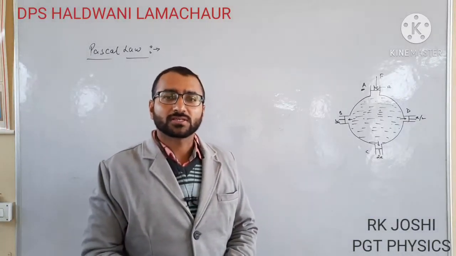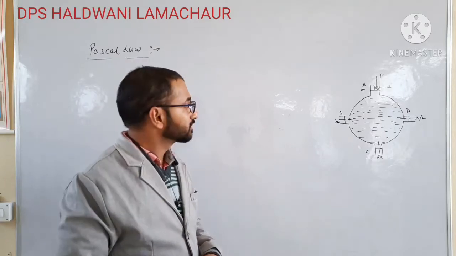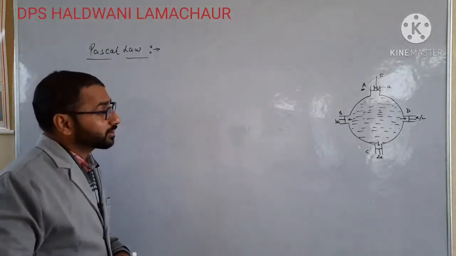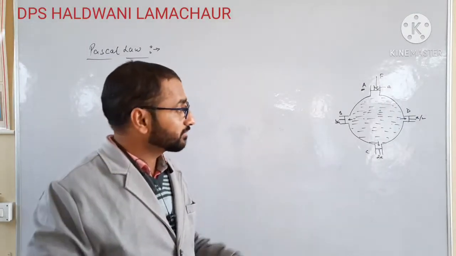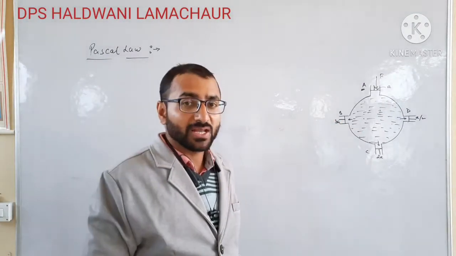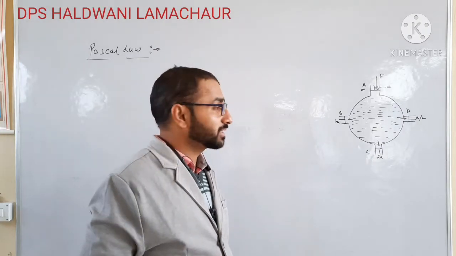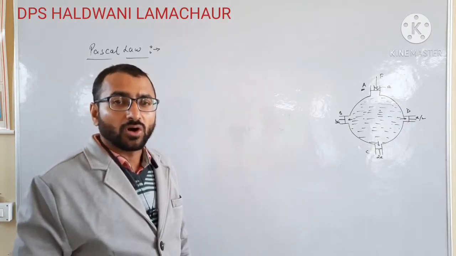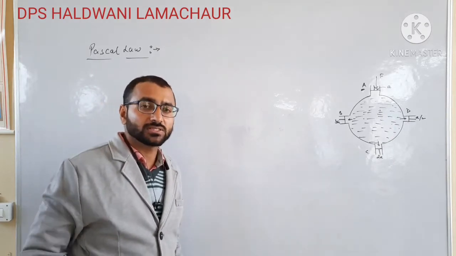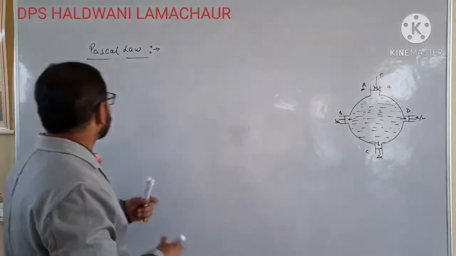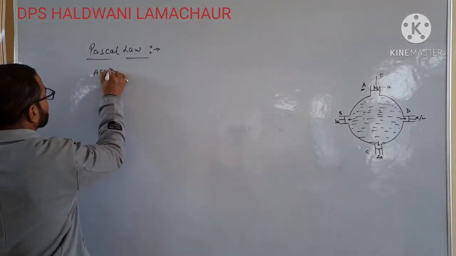So today we will discuss the next topic, which is Pascal law in the hydrostatics chapter. When we talk about Pascal law, it tells us that when we apply some pressure at any point on a given incompressible liquid, it is equally distributed to all other points of the liquid and also to the wall of the container in which the liquid is filled. So when we write the definition first, we can say according